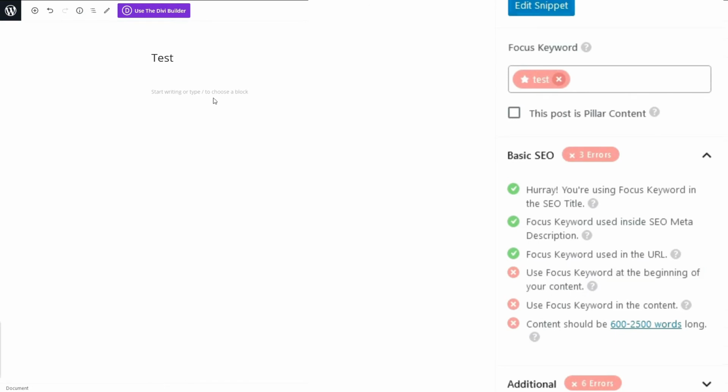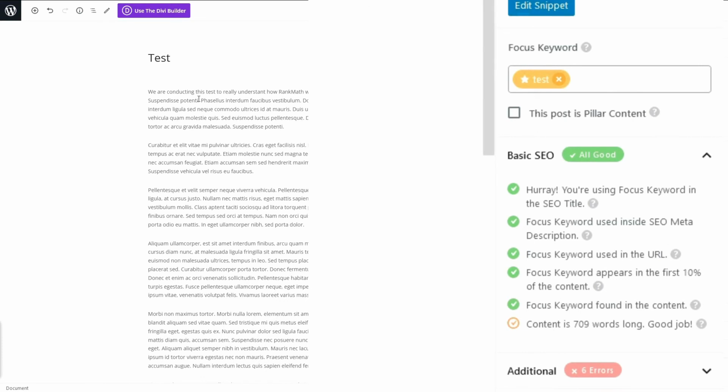So what we need is every successful page has content. How much? Content should be 600 and 2500 words long. And Google needs some context to determine what this text is about, and you have to make sure that it is unique and valuable for your readers or your visitors. Alright, let's create some texts.